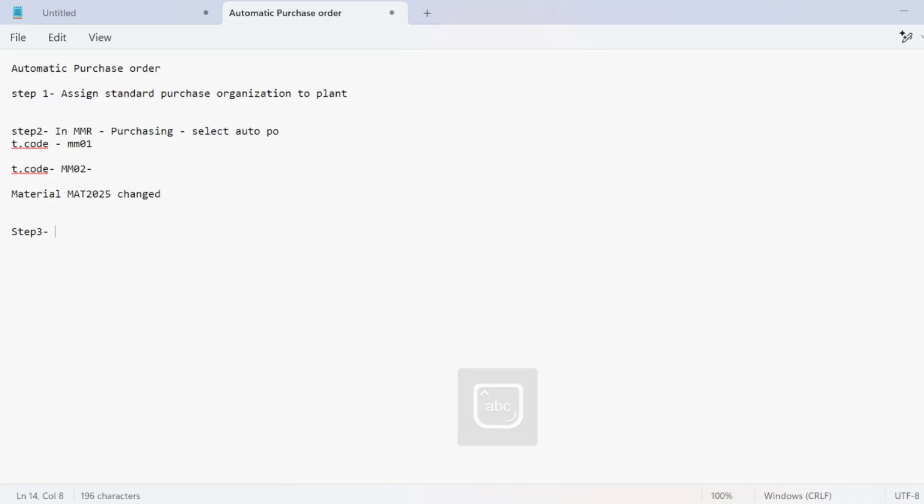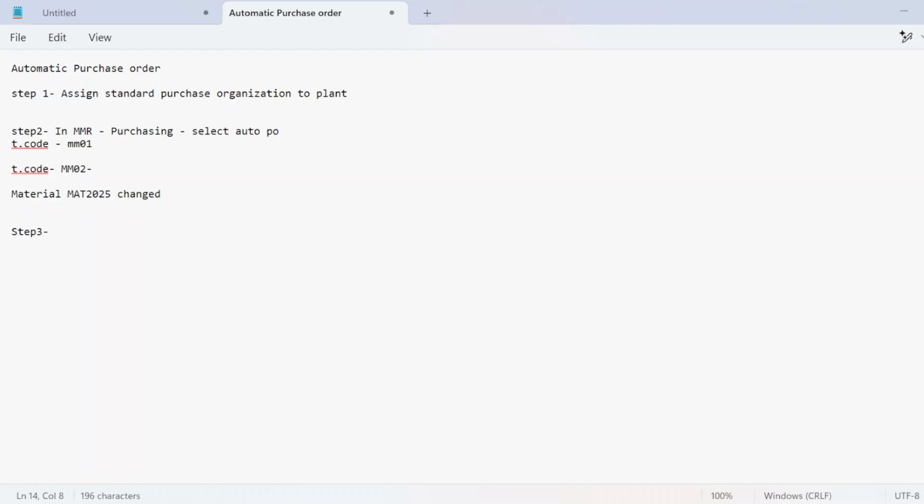Now third is in the vendor master record or in BP. Because in ECC we used to say vendor master record, and in S4HANA we say BP. Whatever notes I'm going to say is for ECC. Both ECC and S4HANA are about 90% the same, but I'm doing it right now in the S4 system.